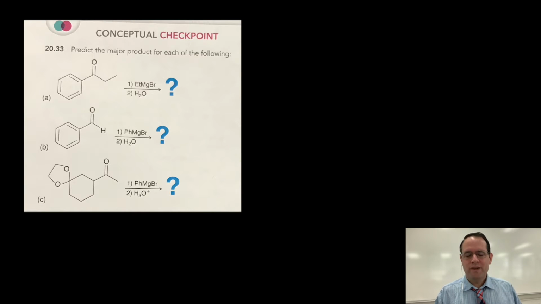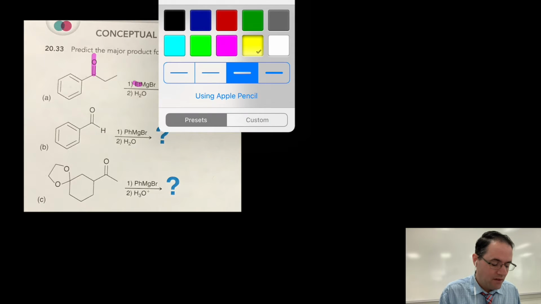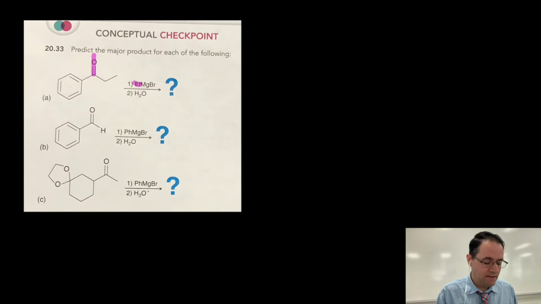Here's problem 20.33 in the second edition textbook. Again, you want to identify the parts that you have. Here's our ketone. And then we want to add an ethyl group there. So this is a nucleophilic addition. We want to add an ethyl to the carbon, and we want to add an H to the oxygen and change it to a single bond. So this is essentially just a drawing activity to predict the major product. So we're going to form,